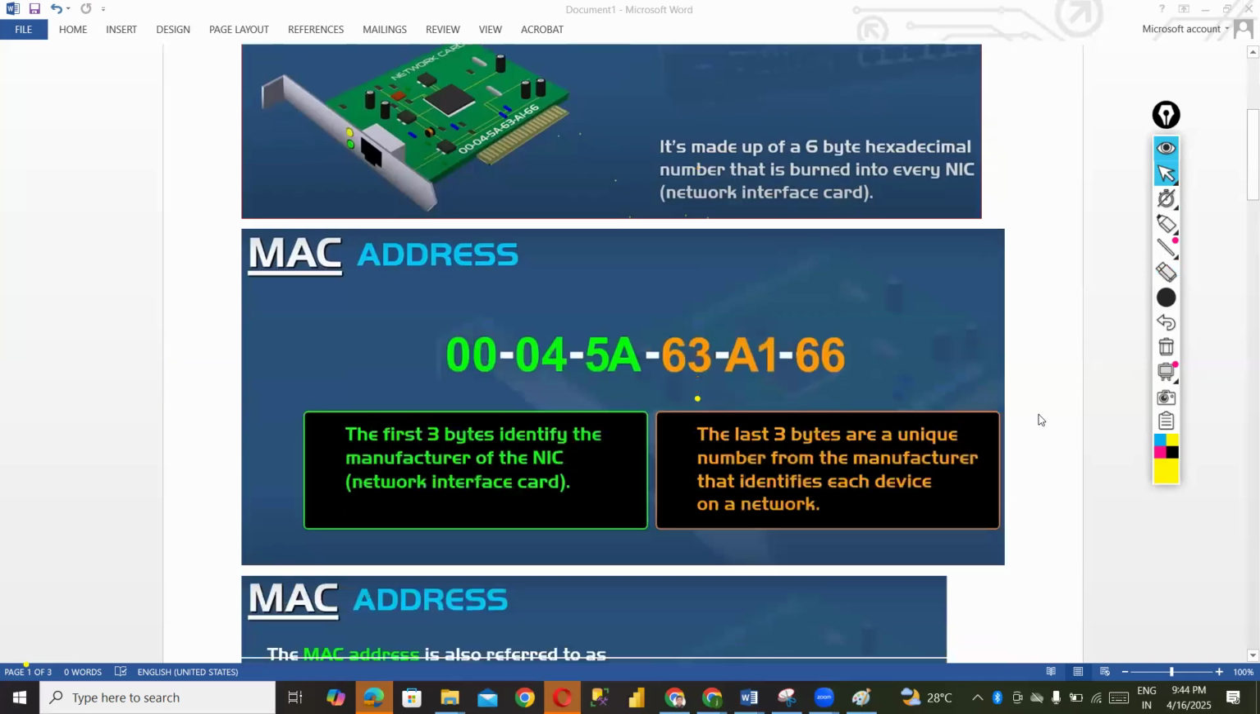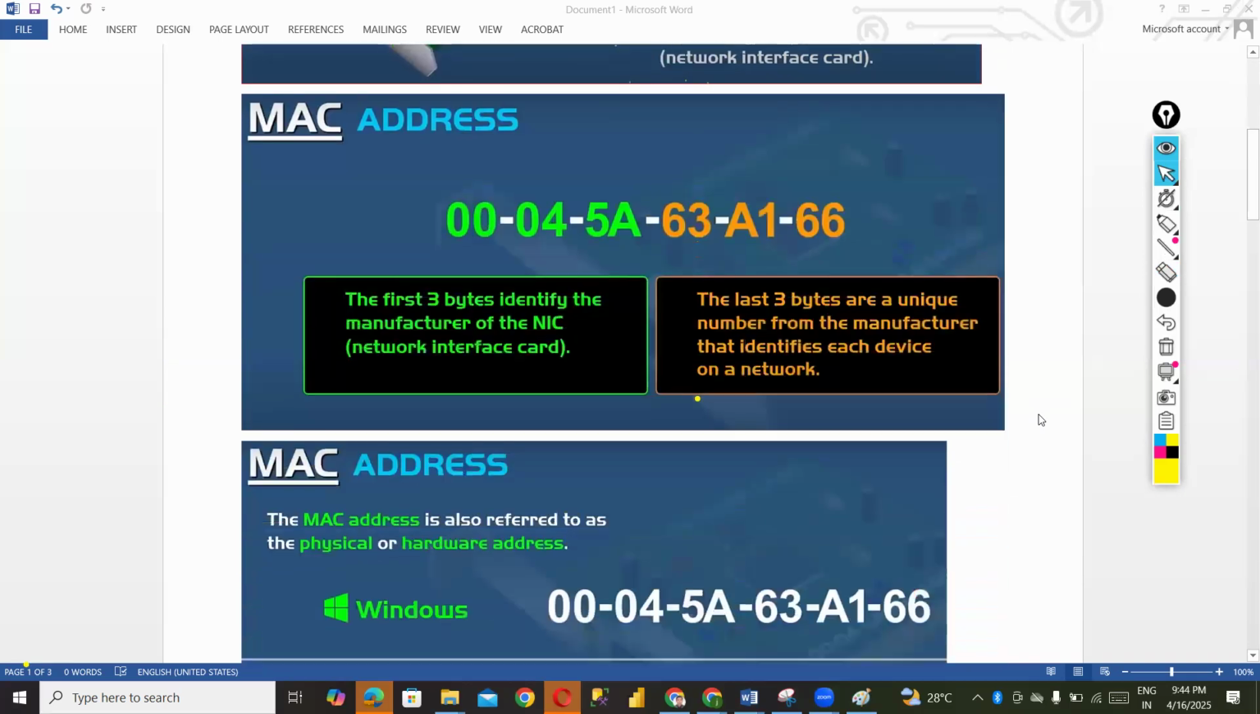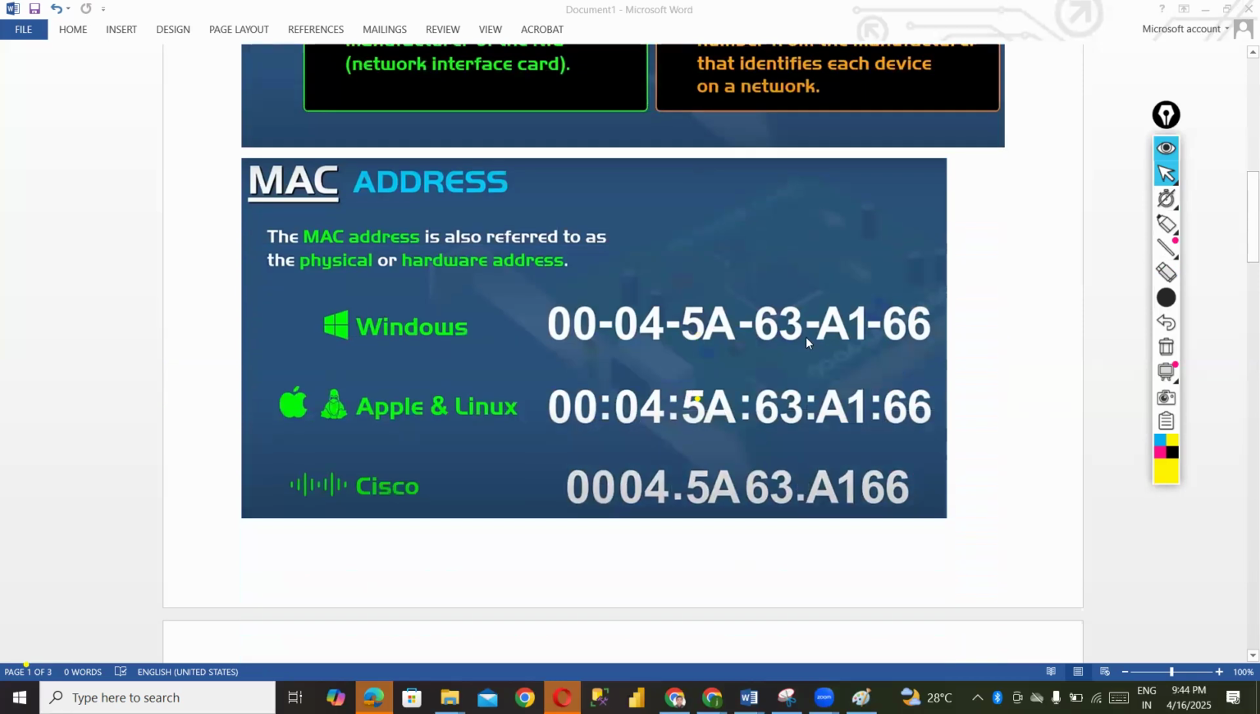So, as we discussed about what the first three bytes and last three bytes indicate, each vendor has a different format. If you look at Windows, it looks like 00-04-5A. If it is Apple or Linux, it will look like 00:04:5A. If it is a network device like a switch or router, it will look like 0004.5A63. The format will be different, but again, the MAC address is unique,